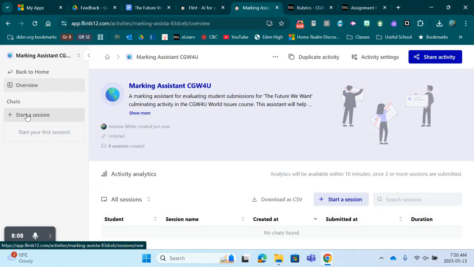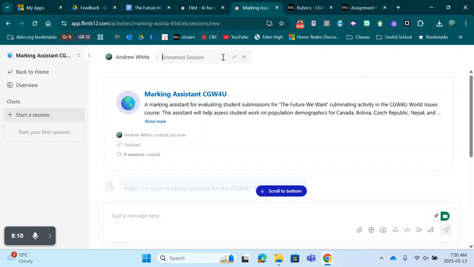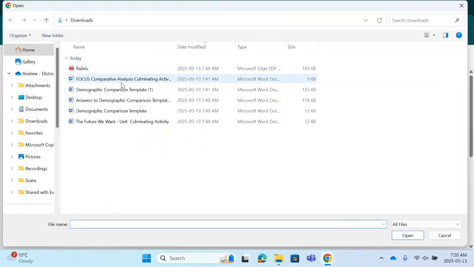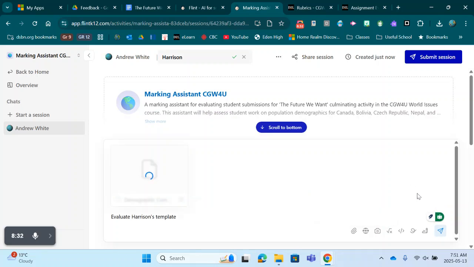So I want to start a new session. I'm going to call this the student's name. So I think Harrison. And so evaluate Harrison's template. So these are Harrison's statistics. So we're just going to pull up the statistics and